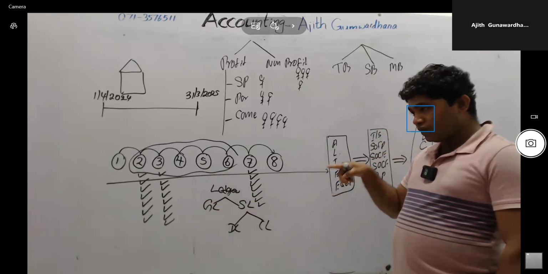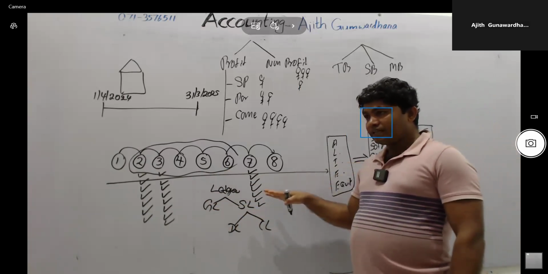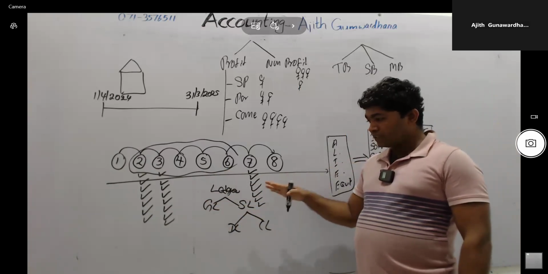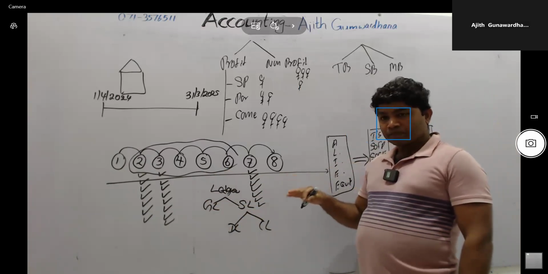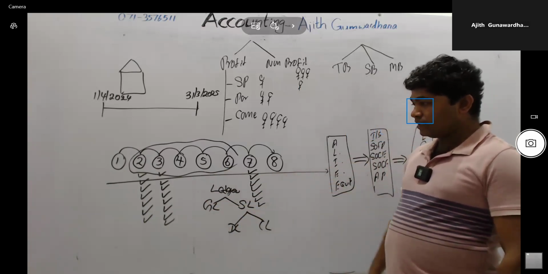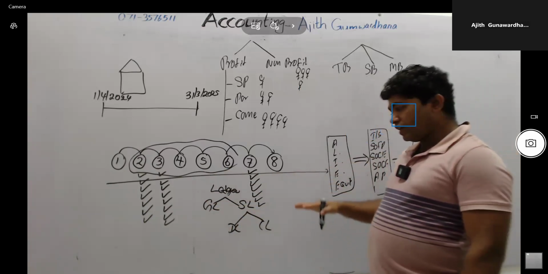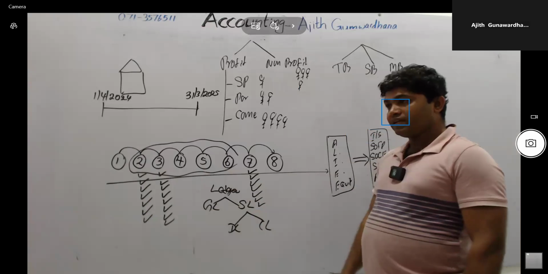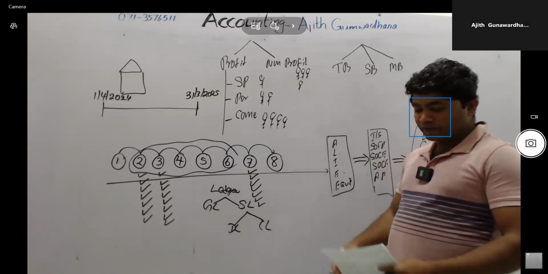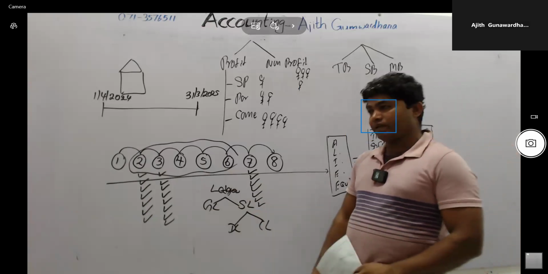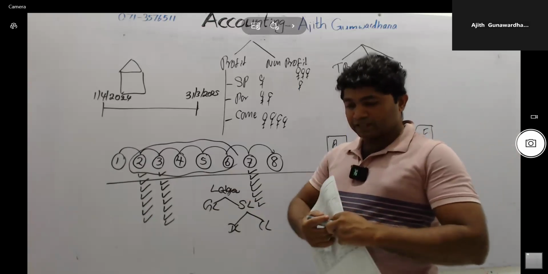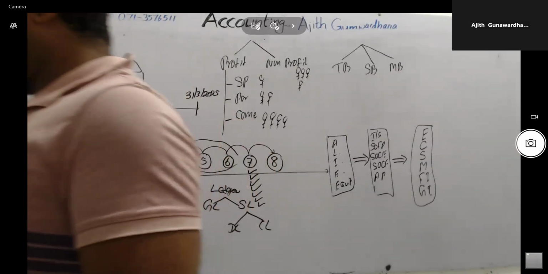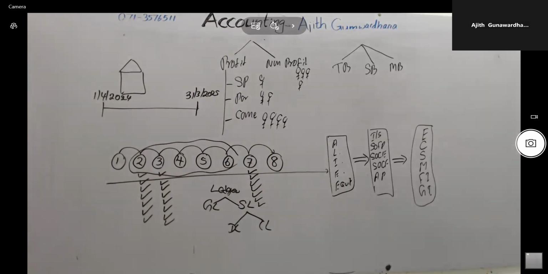We have already discussed the cash receipt journal, cash payment journal, purchase journal, purchase return journal, sales journal, and sales return journal. Further, we have to discuss the petty cash payment journal as well as the general journal. From the beginning, I'm going to discuss the petty cash payment journal. You have to know how to record each and every transaction from the beginning in the prime books. Think about the petty cash payment journal.